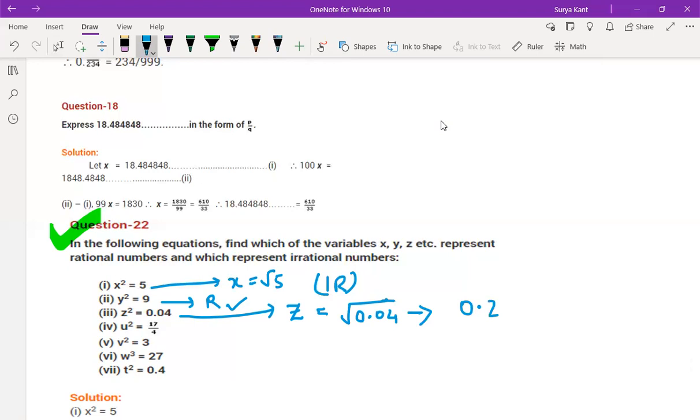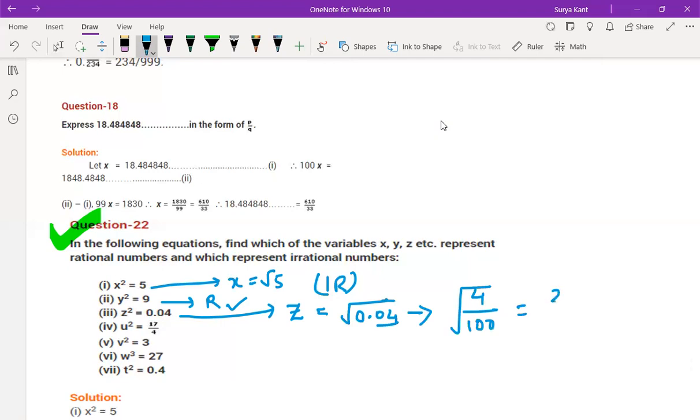You can write 0.2 or 0.02. So 0.02. If you confirm this, what you can do is see, you can write 4. After the point, how many digits are there? 2 digits are there. You can write 2 digits here and you can write root only.